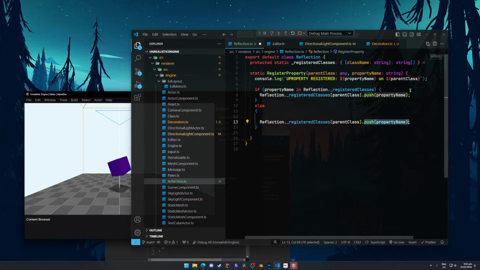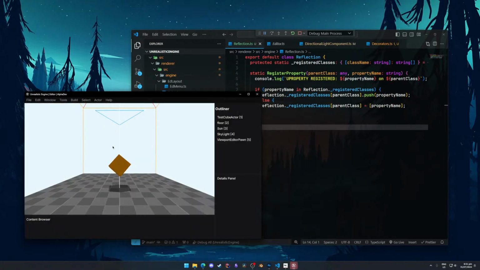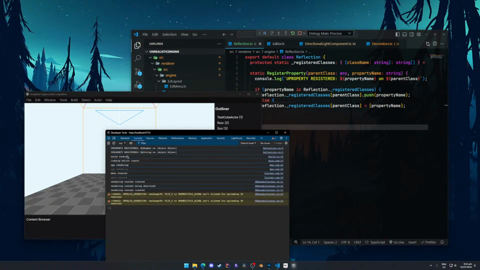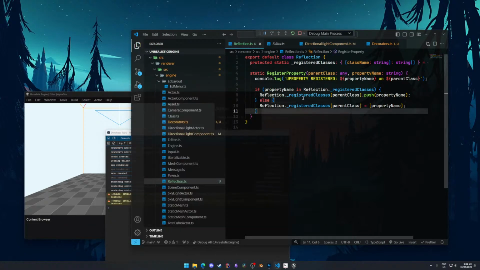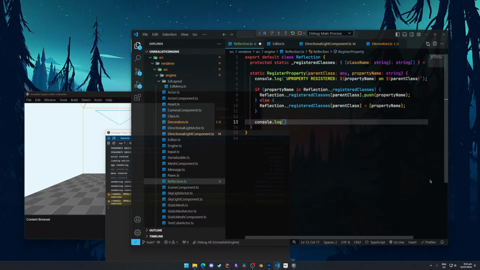Then we can just set it to, I'll just set it like that, I think. Yep, so both got registered. Now if I print this registry,